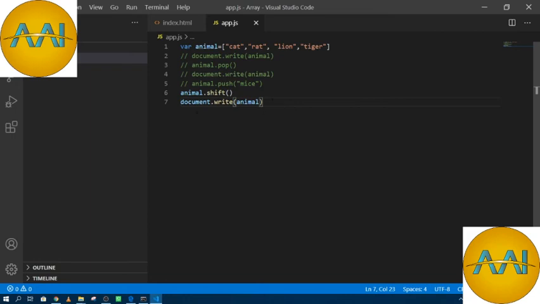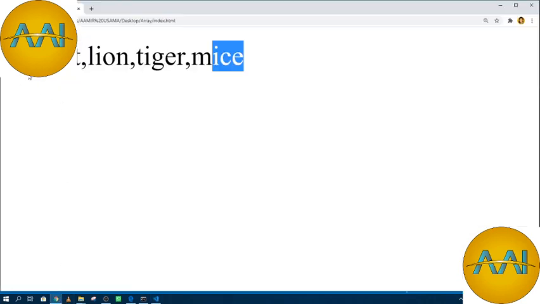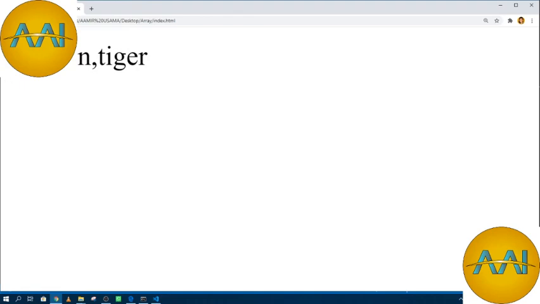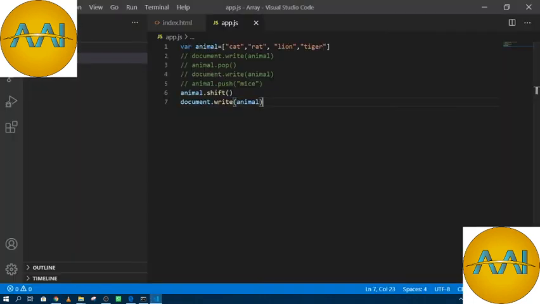I write document dot write animal, then refresh it, and see guys, the first element is removed from my array. Okay guys, this is very simple but interesting.